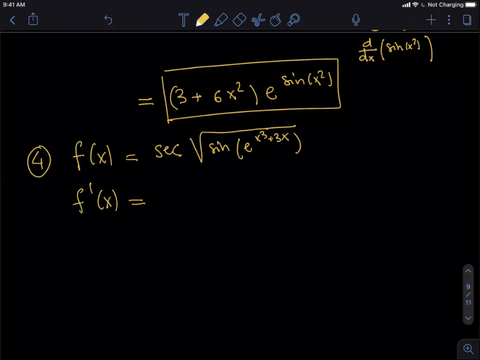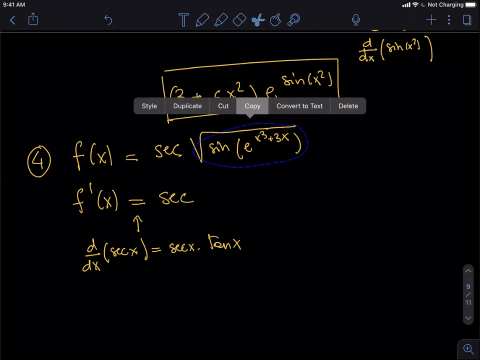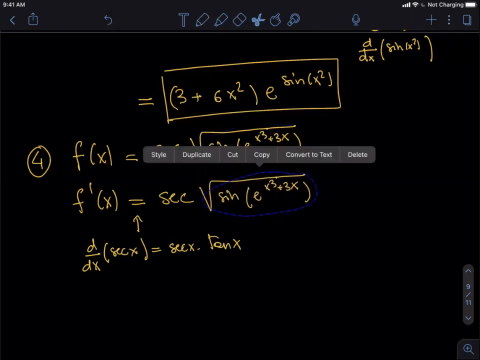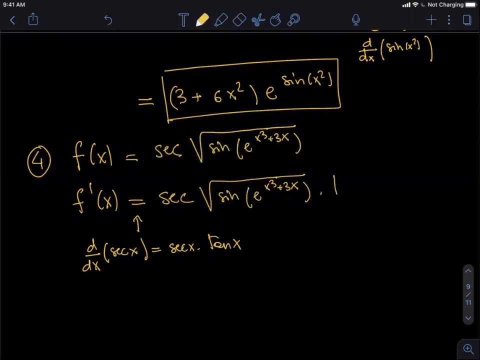So the derivative of the secant, remember, if you don't remember, you can always compute it. The secant of x is the secant times the tangent. Okay, so this is the secant of the whole thing times the tangent of the whole thing,